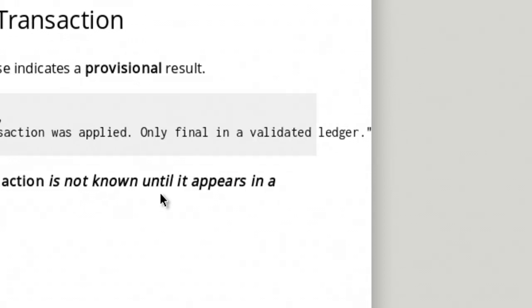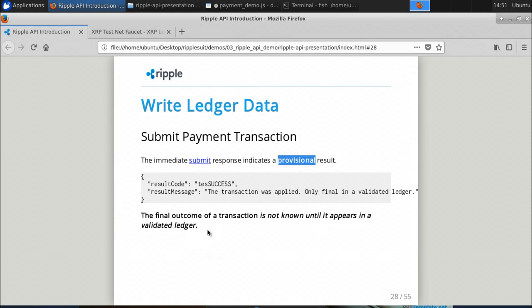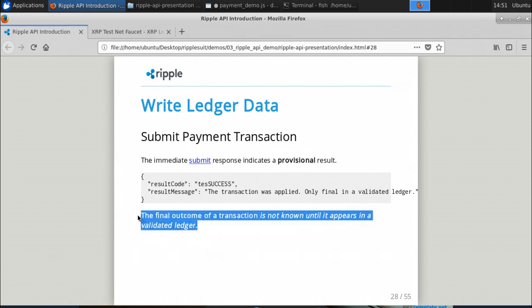Once you submit the transaction, as I mentioned, submission doesn't mean that the transaction is complete and successful. The submission is provisional. You will get a response, but it is a provisional response. The final outcome of the transaction is not known until it appears in a valid ledger.